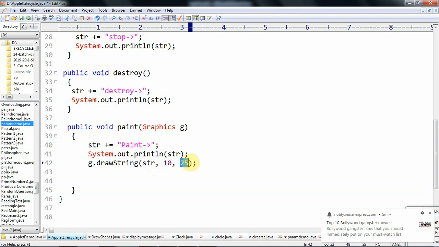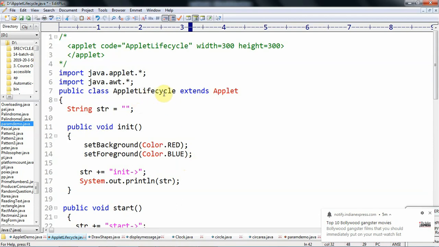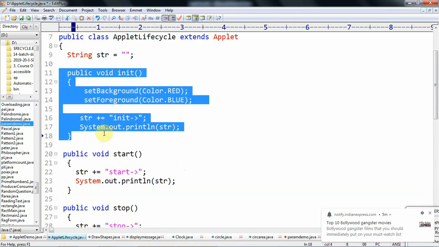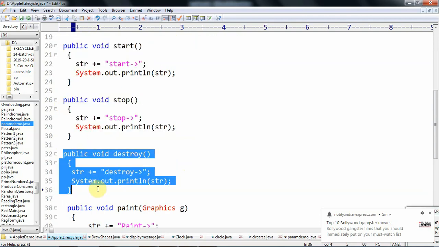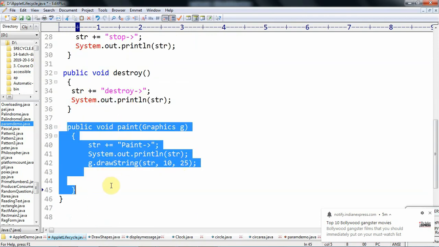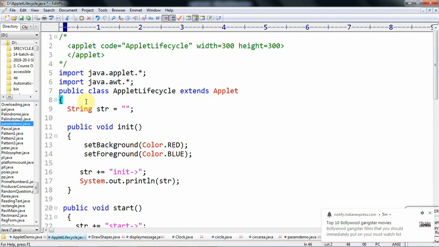So like this we write one public applet class, defined with the init method, start method, stop method, destroy method, then the paint method. These five methods constitute the applet life cycle. Then close the class, and finally we need to write the applet tag in comment lines like this: applet code equal to AppletLifeCycle. Here we can place the class name within double quotes or not.